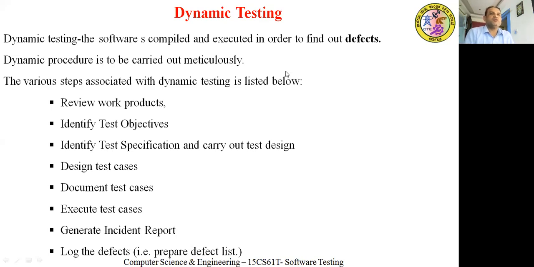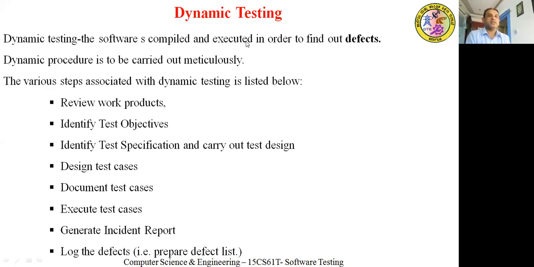And even while using the static tools, the entire program was given as an input, and the tool was going to report what the bugs and mistakes are. But here in dynamic testing, we are executing the code or compiling the code, and then we identify the defects. For example, your program, you execute it. When you execute after compilation and run the program, it will show you the errors if there are any. If there are no errors, it will give you the output based on the input. It will ask you to enter some values, and then it generates the output.